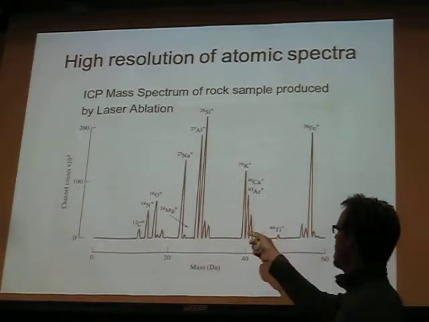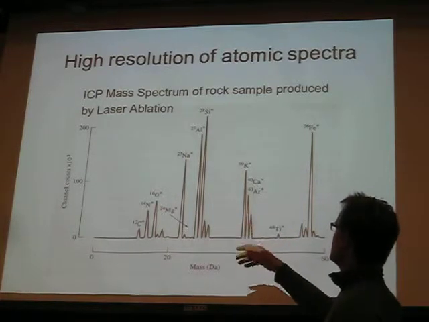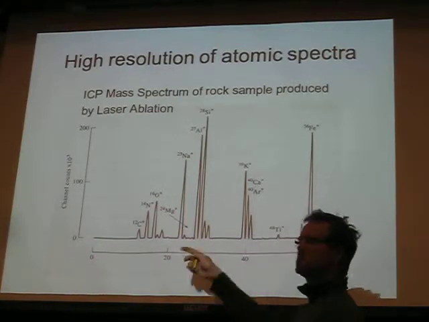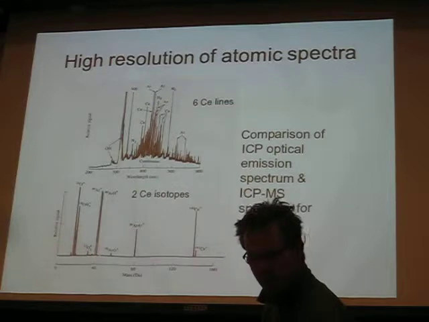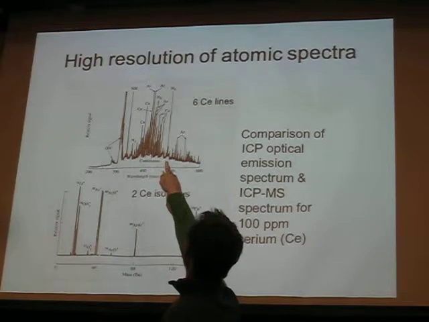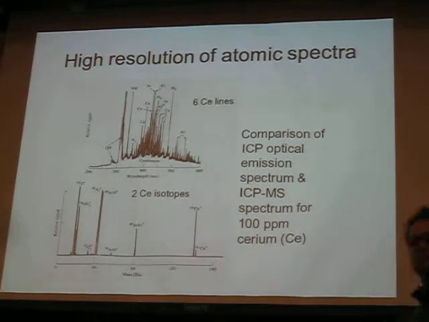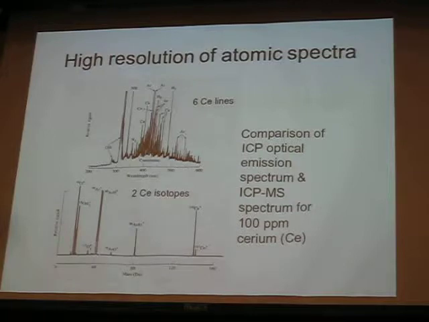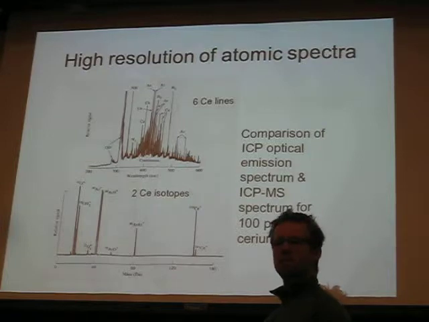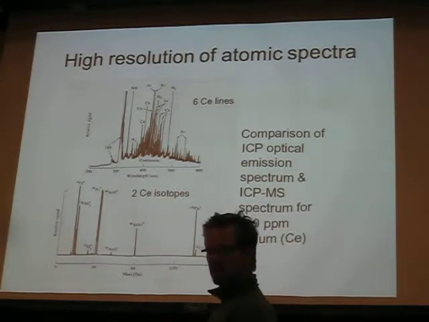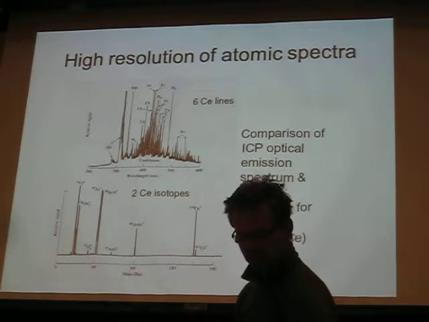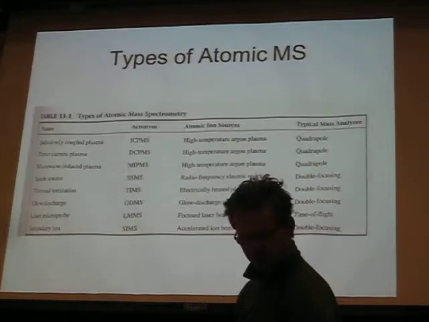And this is an example of a rock that's been directly analyzed by laser ablation, where you're just ablating off dust of the rock that goes into the mass spec. And you can see it's a relatively simple spectra. Right? And when you compare this mass spectra, for things like cerium, to atomic spectra, you can see how much simpler it is. It's much simpler to interpret than atomic spectra maybe. Okay? And that's one advantage why the mass spectra is sometimes much easier, much more free of interferences, because it's much easier to interpret. Okay, so